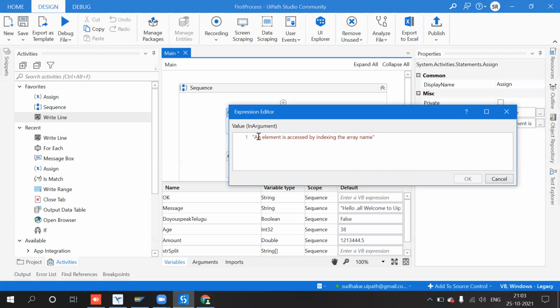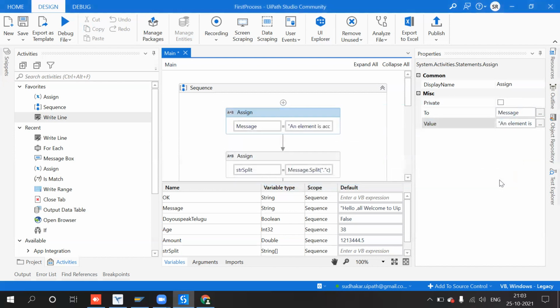They will give you one string and ask: can you please fetch me the last word in the string, or the first word, or the middle word? How can you fetch it? For that, what do we have to use?